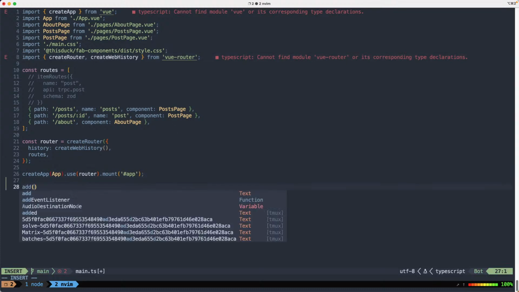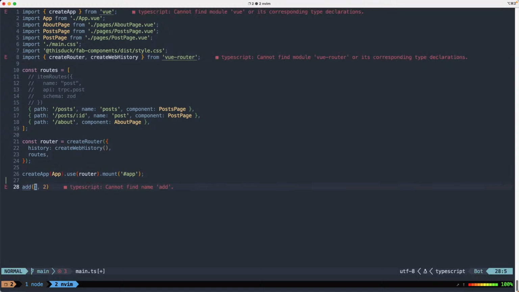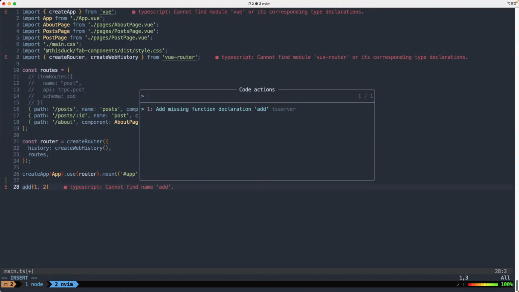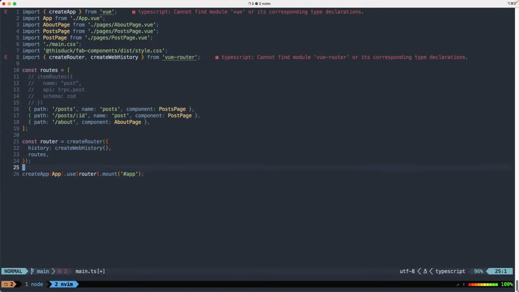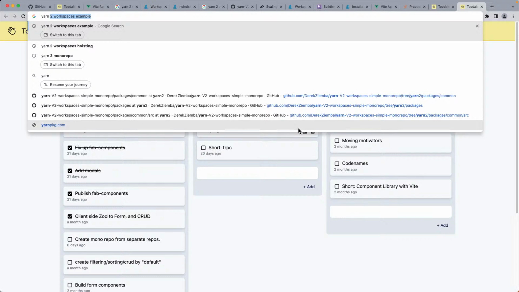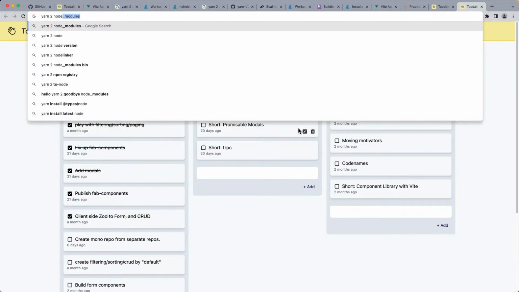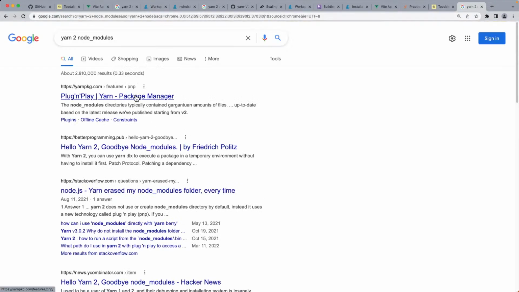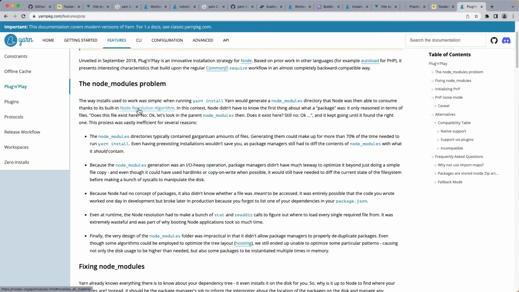And for example, if I did something like add 1.2, and then I use code actions, I want there to be like, oh, import this from this shared repo that we know you have. And I think, I'm not 100% sure, that's not working because there's no node modules, because Yarn has gotten rid of them. So if I do Yarn 2 node modules, PnP, this plug and play business,